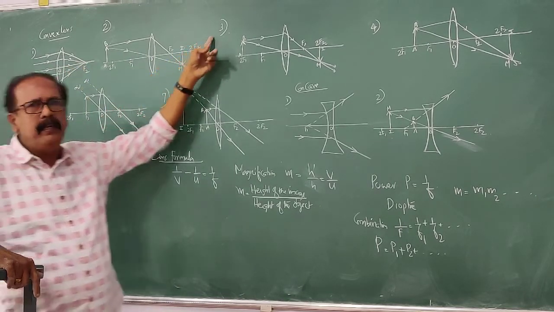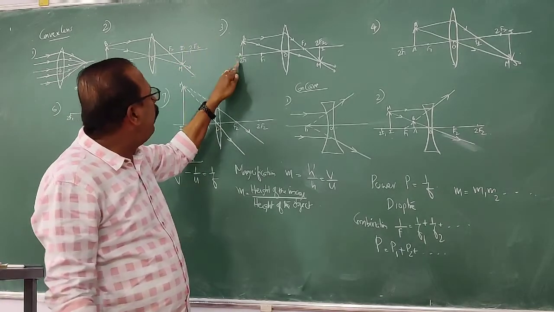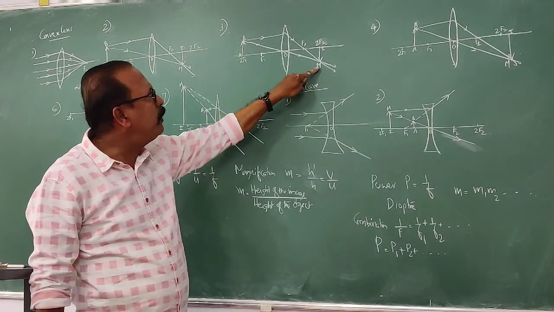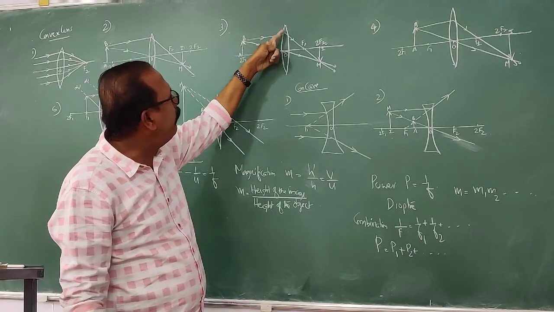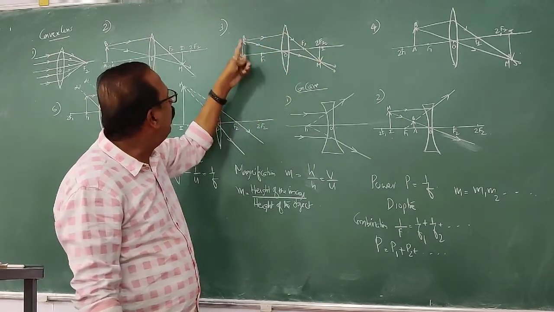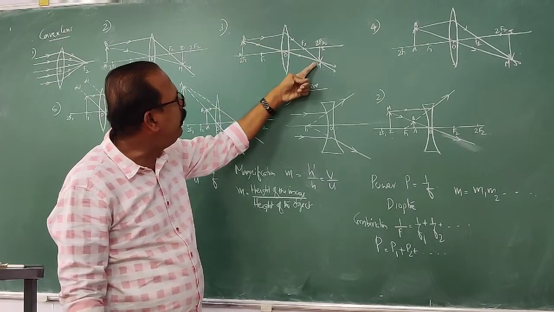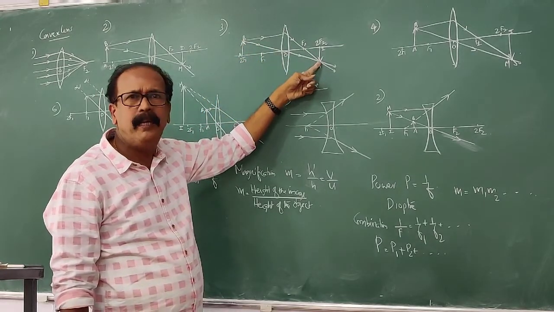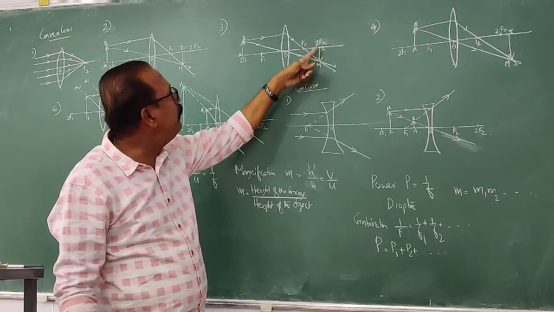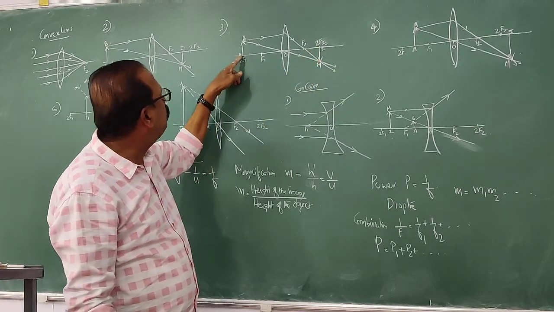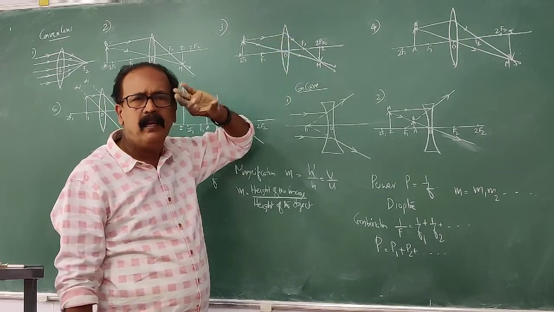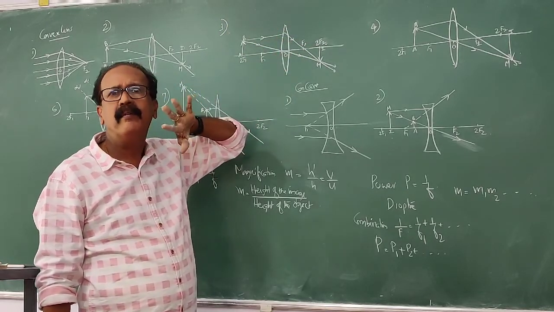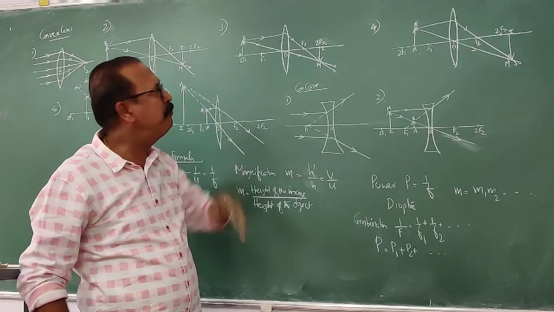Okay? Now the third one. When the object is at 2f1, the image is formed at 2f2 on the other side. One ray parallel to the principal axis passes through the focus. A ray passing through the optic center passes straight. Where they meet corresponds to the head of the image, and the image is formed at 2f2. Object at 2f1, image at 2f2, same size, real and inverted. You go through the chart and verify.